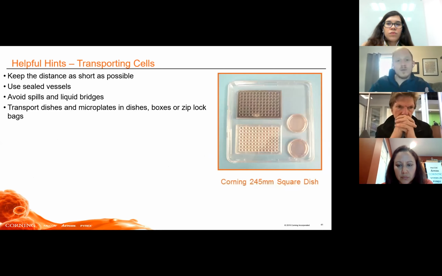Some other helpful hints here we have around transporting cells. So keep the distance as short as possible. Use sealed vessels. So put your plates or your dishes in a separate container. Avoid spills and liquid bridges. So for example, if you have a microplate and you accidentally tip it too much, you can form a liquid bridge of the liquid coming out of the wells and interacting with the top of the plate. And transport dishes and microplates in boxes or Ziploc bags to maintain the clean environment when you're going from the biosafety cabinet to the